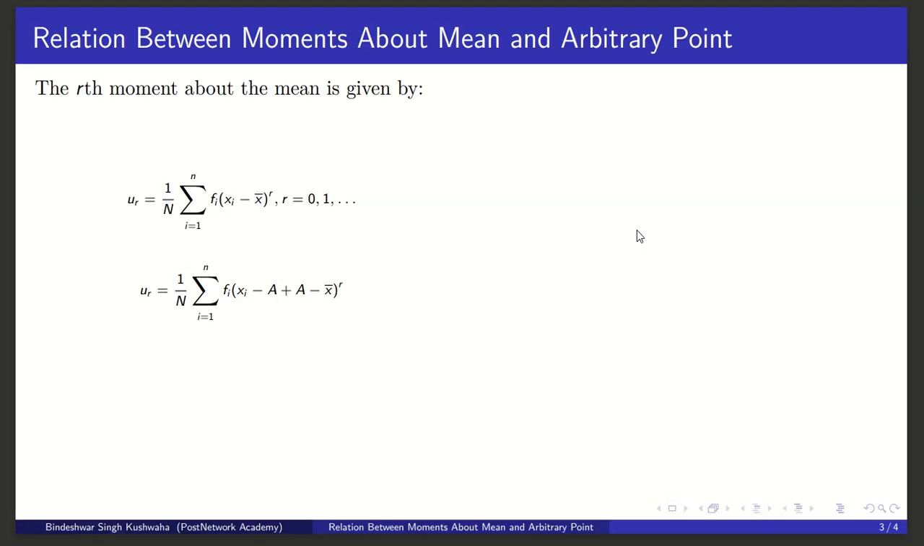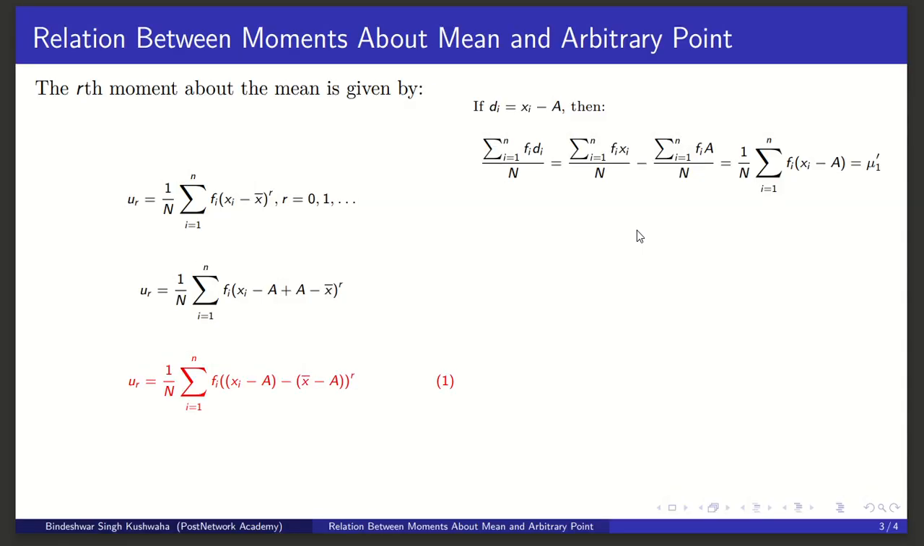Now the same expression you can write like this: you will subtract a from x i minus x bar and you will add a. So there would not be any change in the value of the expression. Now this is equation 1. Now see that if we take d i, where d i is the deviation of each observation from the point A, you will get